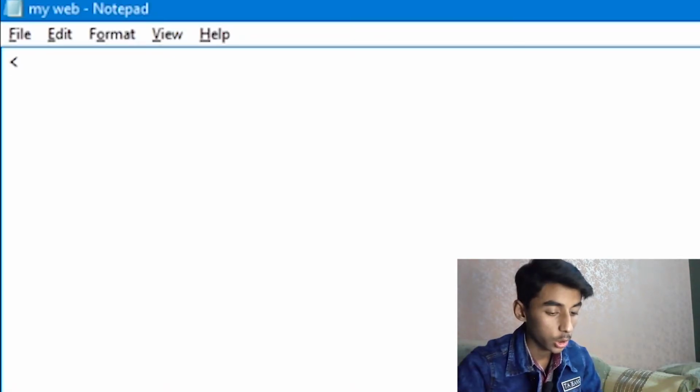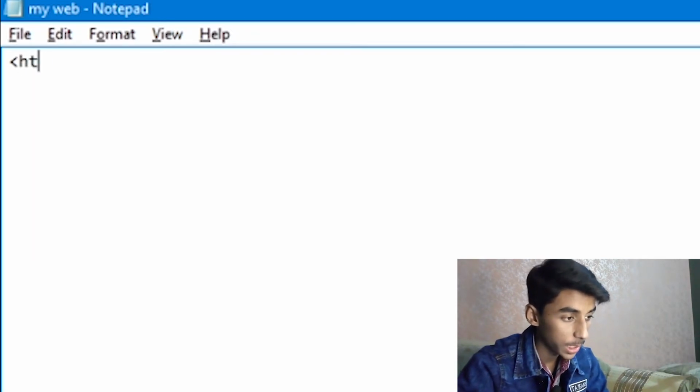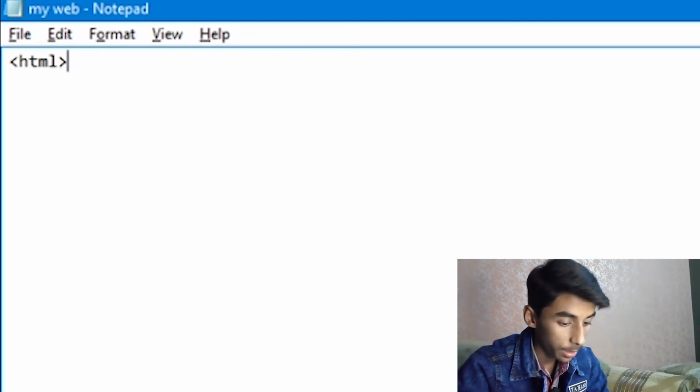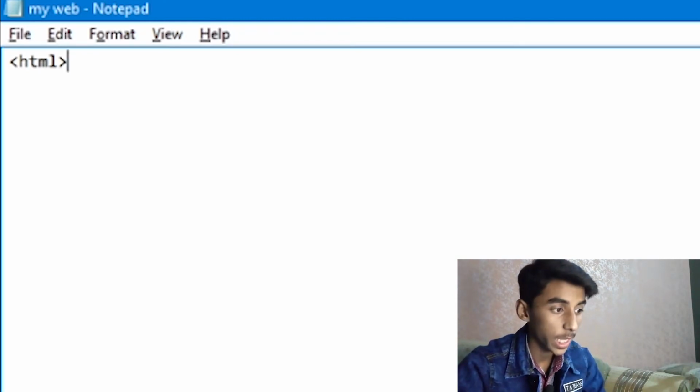The tag starts with this less than symbol, and you put HTML in it. The first tag of the coding in HTML is HTML.